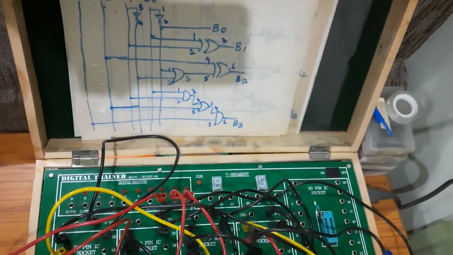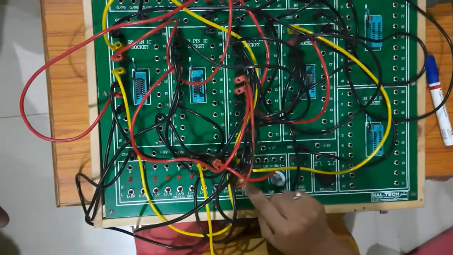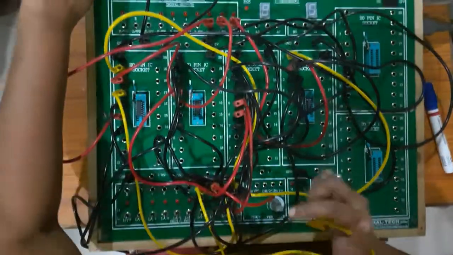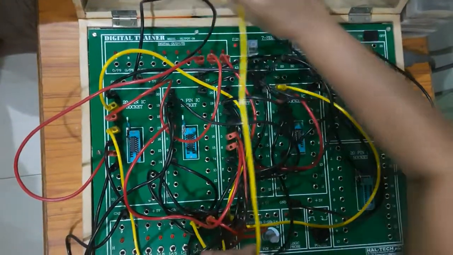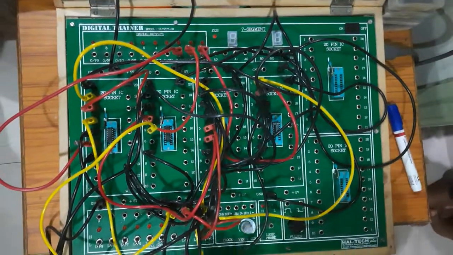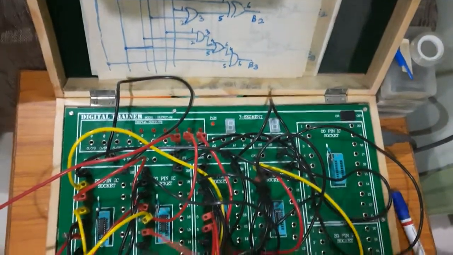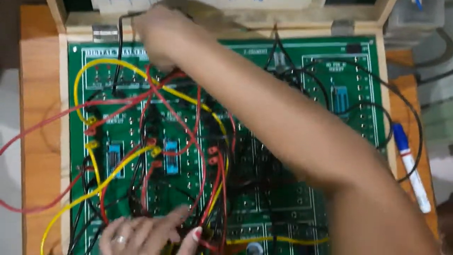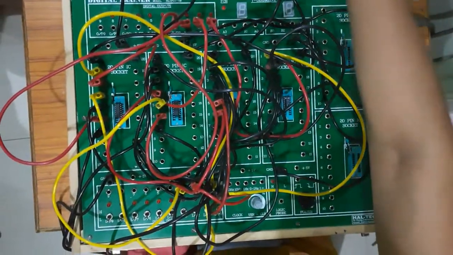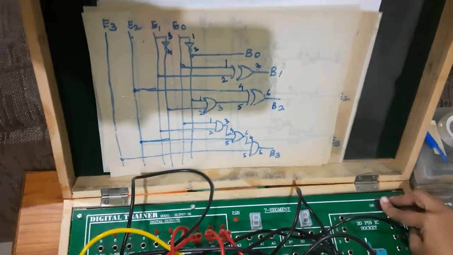And my next input value, apart from E0, is E3. So E0, E1, E2 and E3. Now this E3 is to be connected to the fifth pin of the AND gate. Right? And here I will be getting the output at the AND gate sixth pin, and that is what my B3 is. Okay. So step by step, by referring to the pin numbers and the circuit diagram, we are able to connect this circuit. Let us see whether it is correct.